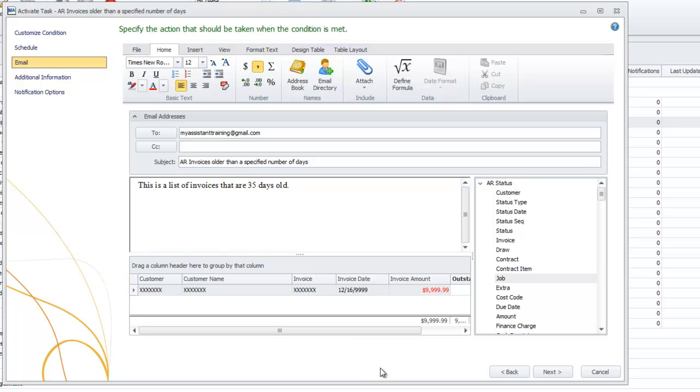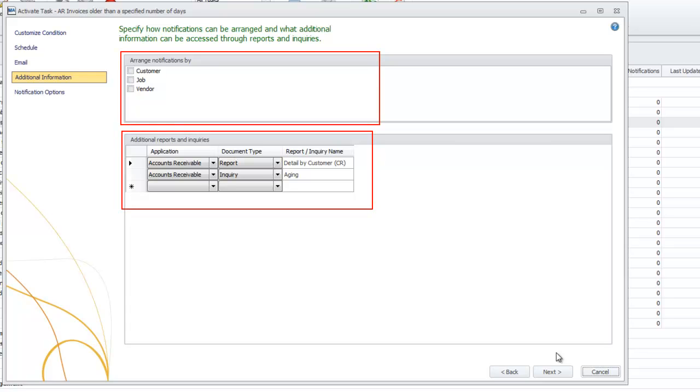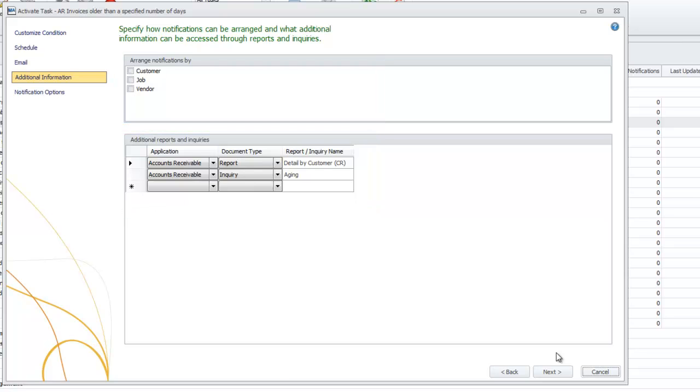When you are satisfied with the settings in this step, click Next, and we move to the Additional Information step. Arrange notifications by and additional reports and inquiries are both advanced topics that will be covered in a separate tutorial. You do not need to change or specify these settings for tasks to run. So for now, I will leave the default settings and click Next